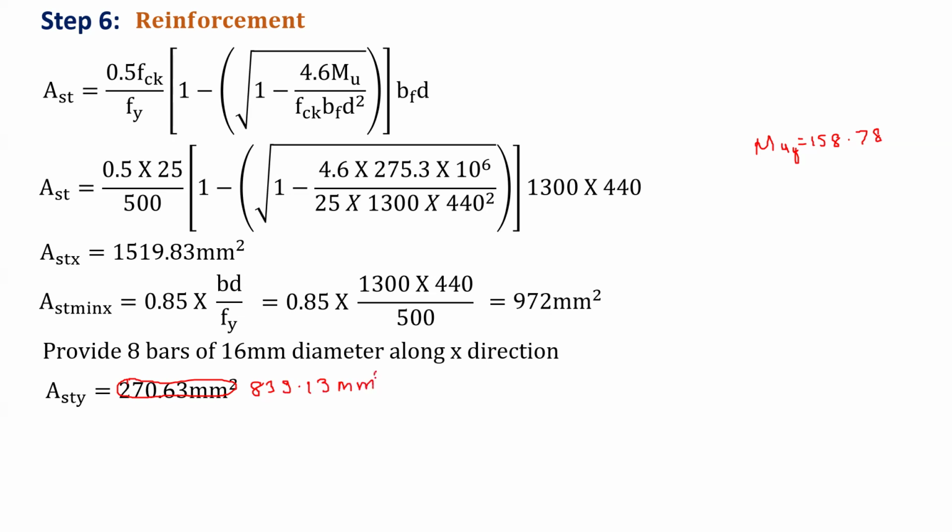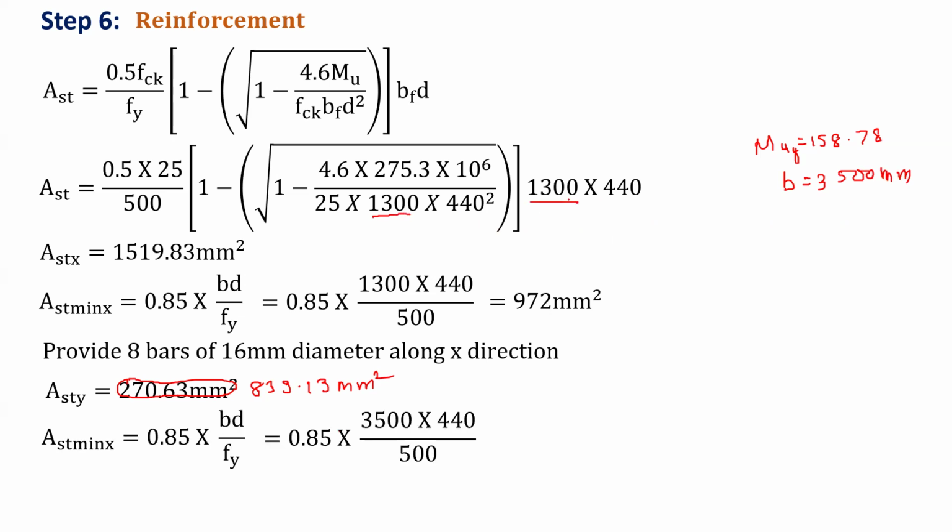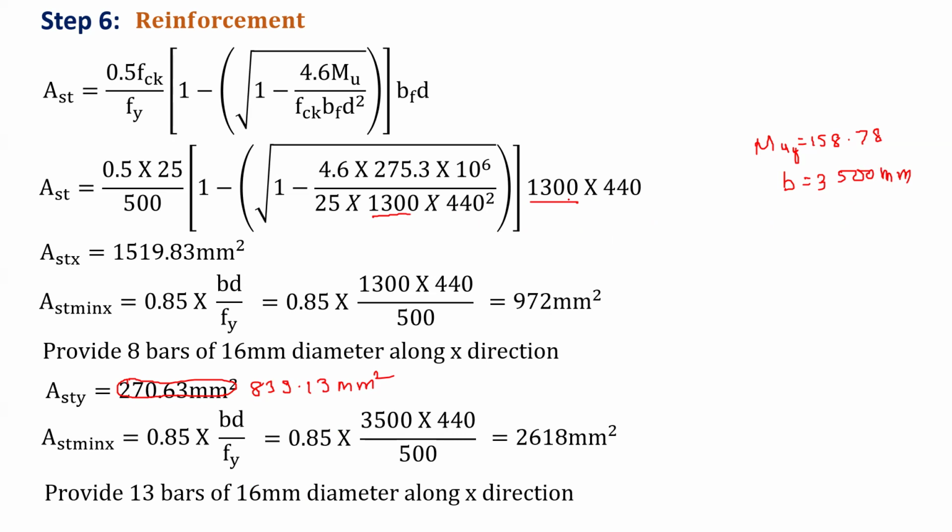Now keep in mind, in MUY you have to consider B as 3500 millimeters. So in both, here also you have to change it. Now AST minimum, we have that value, that is 2618 mm square, and provide 13 bars of 16 mm diameter